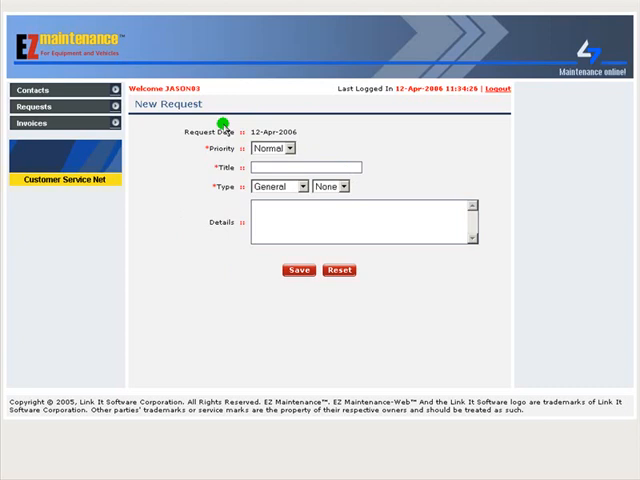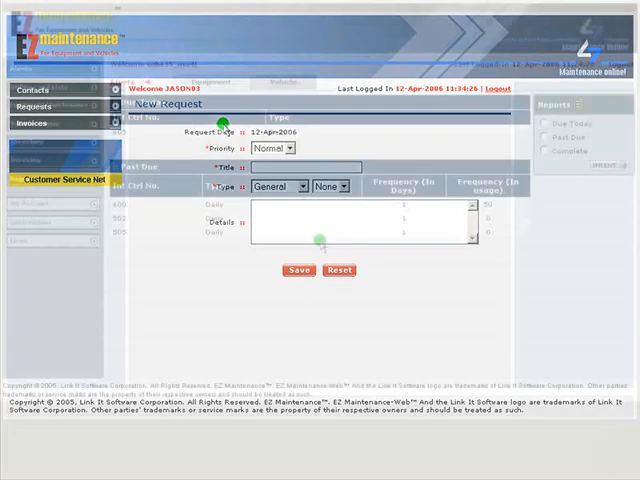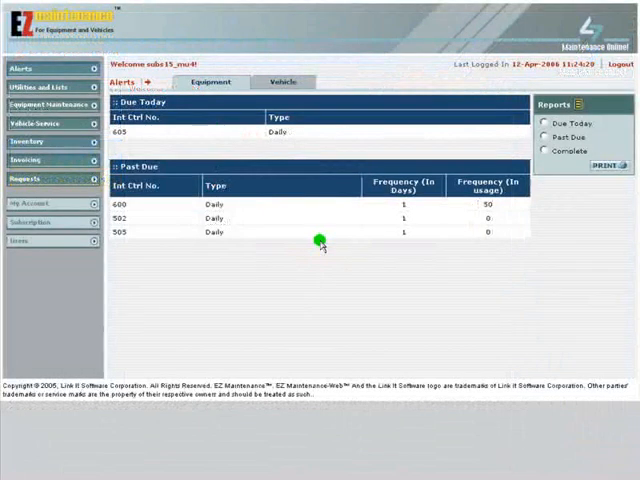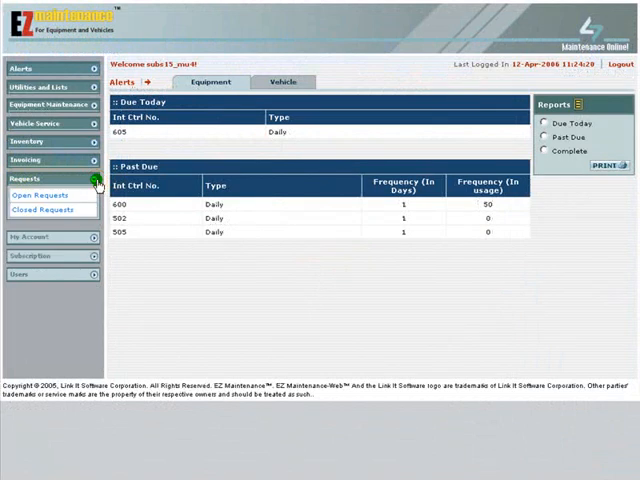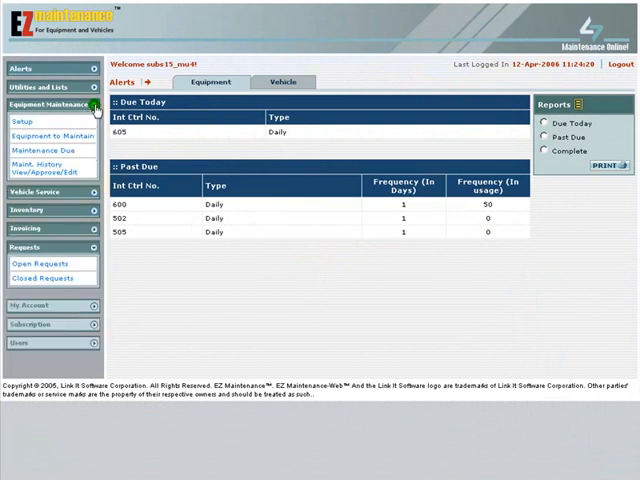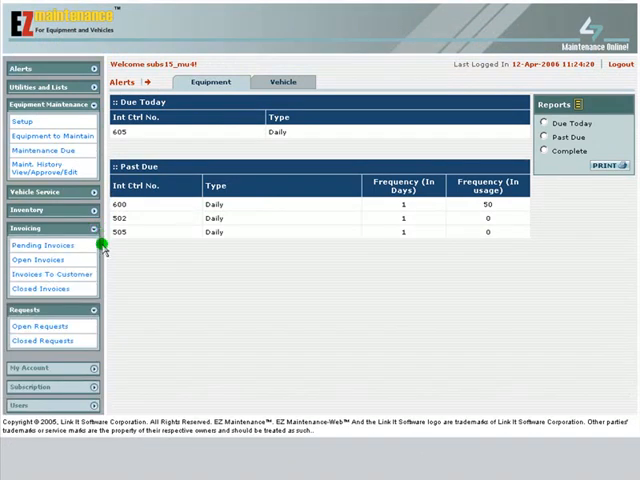Once the maintenance request has been submitted, the subscriber can log into EasyM Web and view the request as well as any other requests from customers. The EasyM Web subscriber can then easily create a work order from this request. Once the work order has been completed and the work order is closed, the EasyM Web subscriber can generate an